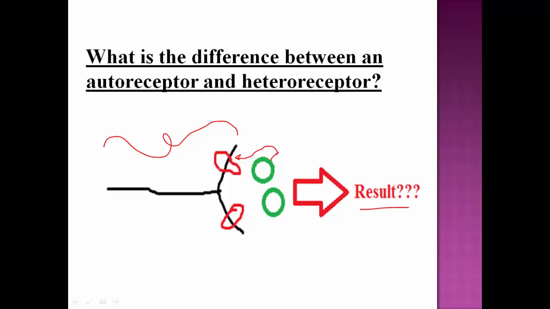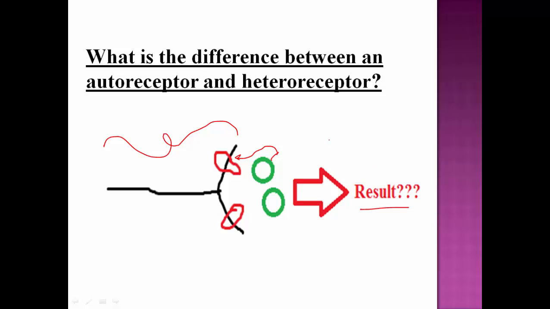Now, this ligand-receptor interaction is usually a molecule with its receptor. Let's say this is norepinephrine, and this receptor is the receptor of norepinephrine, which is alpha 2, for example, the alpha 2 receptor found presynaptically. The difference between these two is the result. So let's say the result was a decrease in norepinephrine,